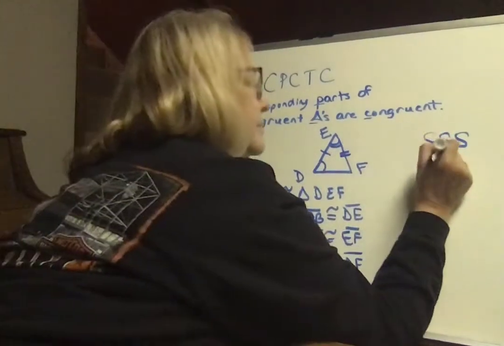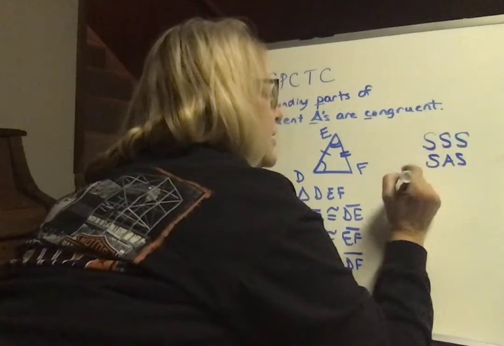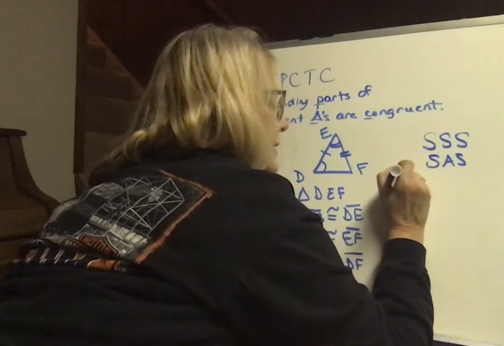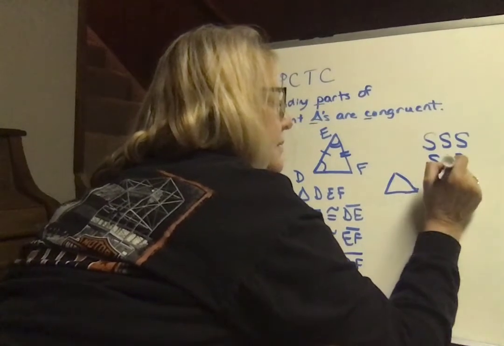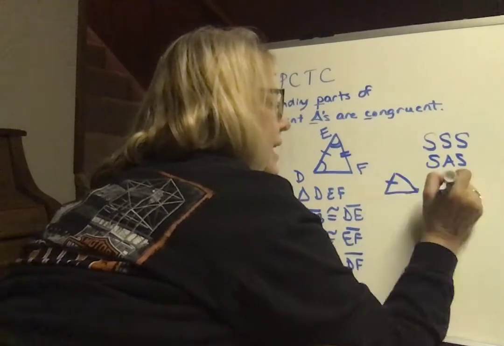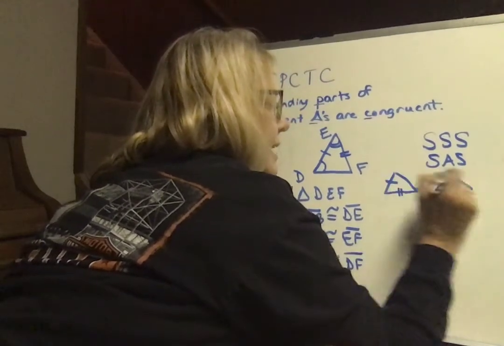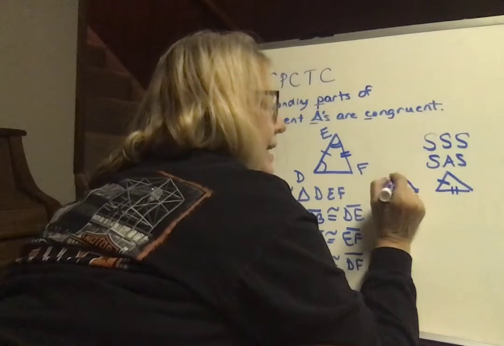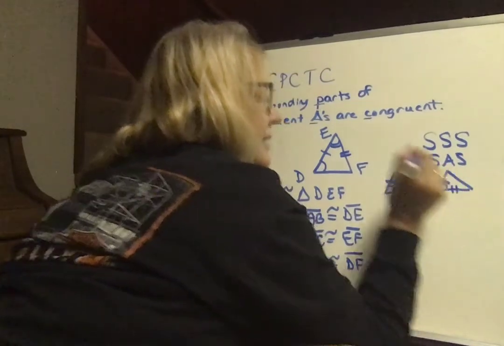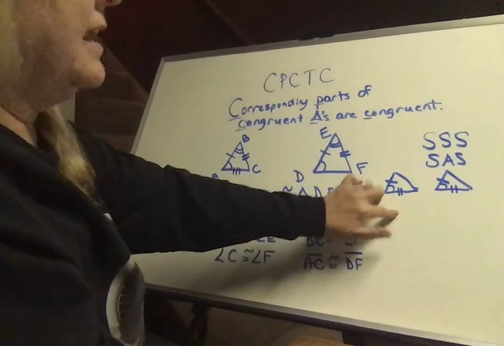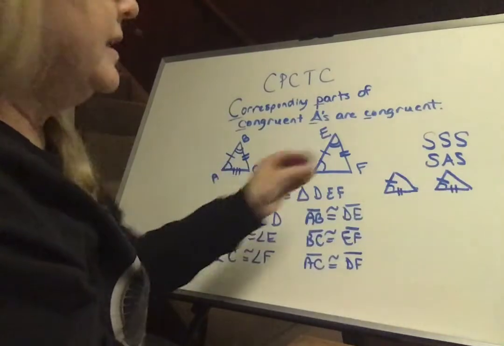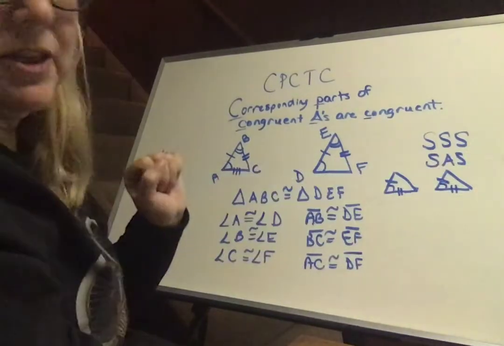Or, so that looks like, if this side matches this side, and this side matches this side, and the angle in between, the included angle, side, angle, side, matches side, angle, side,